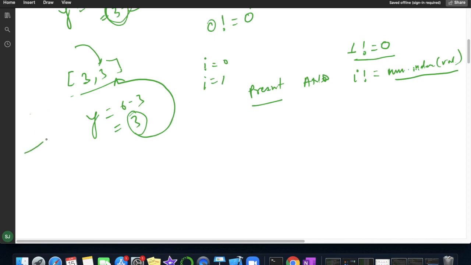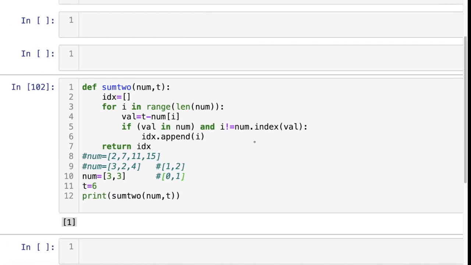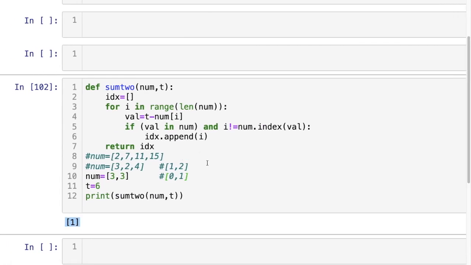Whenever I check the index of this 3, it will simply return the very first presence, which is 0. So 1 not equal to 0 is true, and it will add the index of the current value, which is i. That's why we are getting 1 as our answer. But this logic is not working.